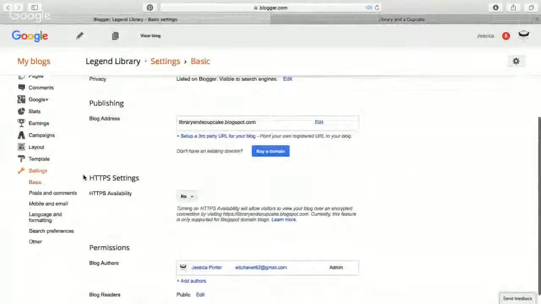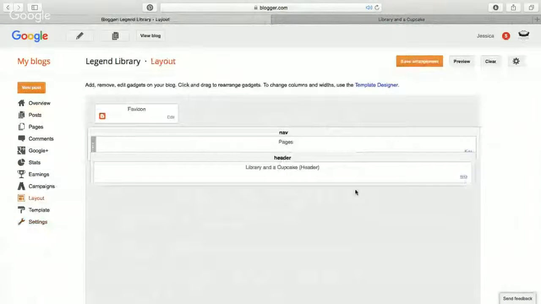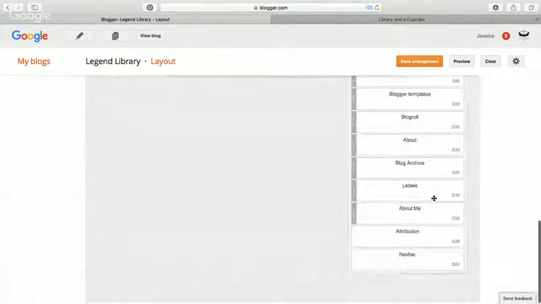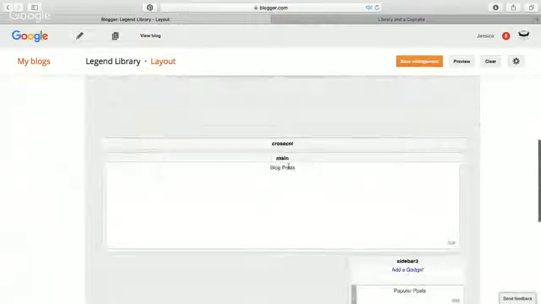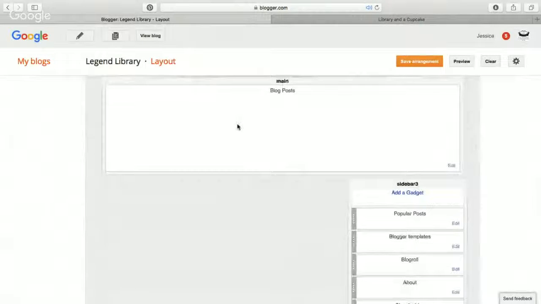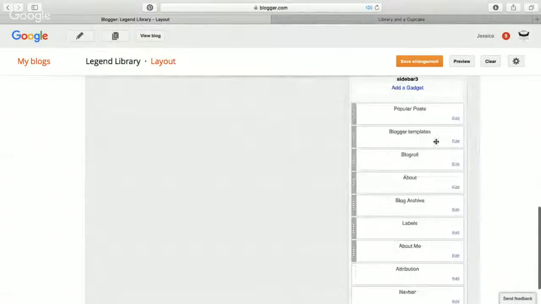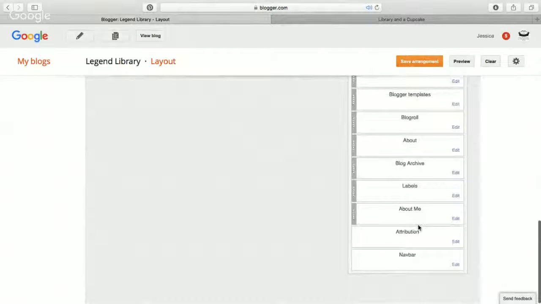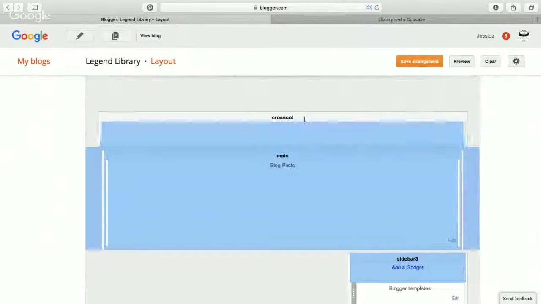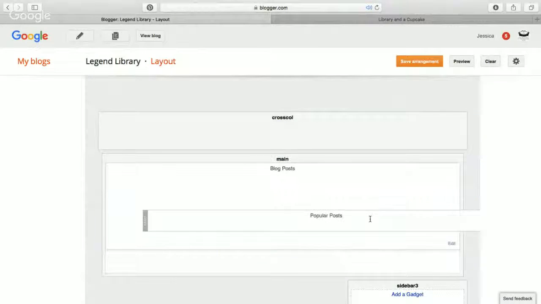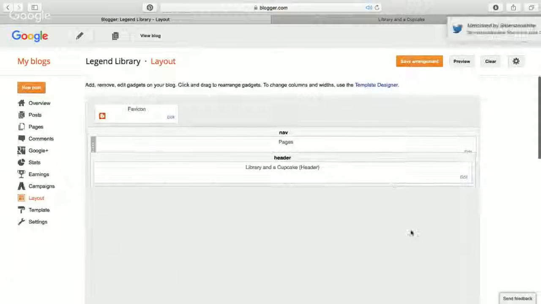It's fairly simple. The next thing you're going to want to look at is how this sets. This is your actual layout. So this is where your main blog posts are going to be for your stories. And then this is all your sidebar content. What you're going to want to do is make sure that you can actually move these around. Because if you can't,